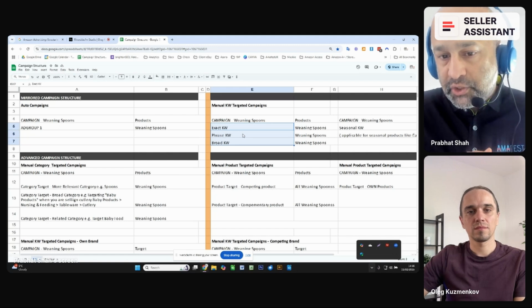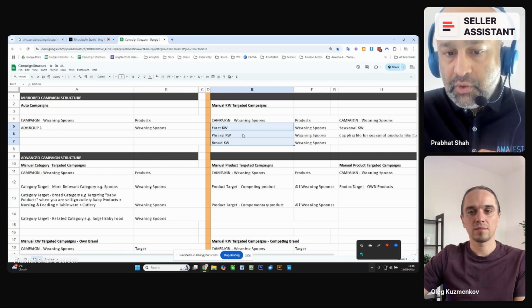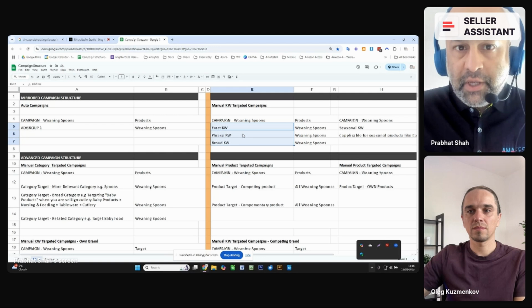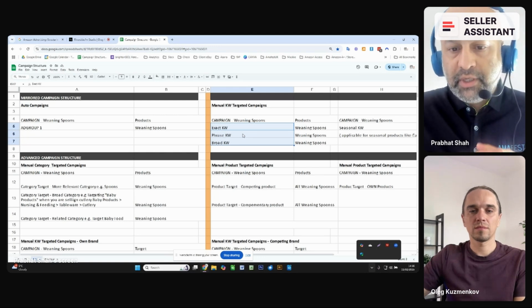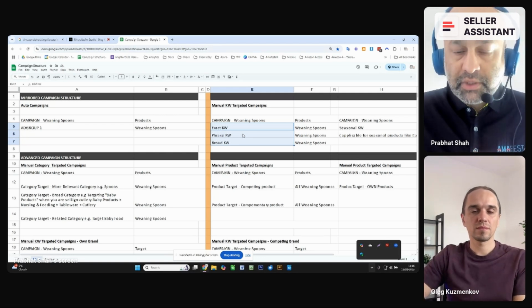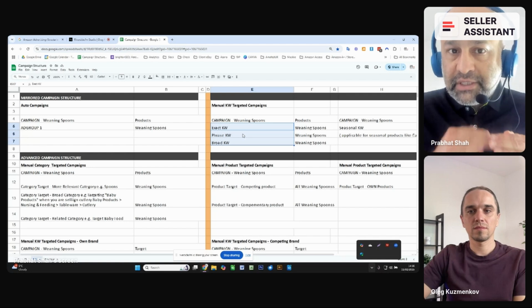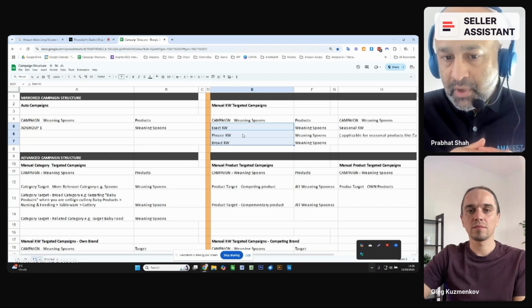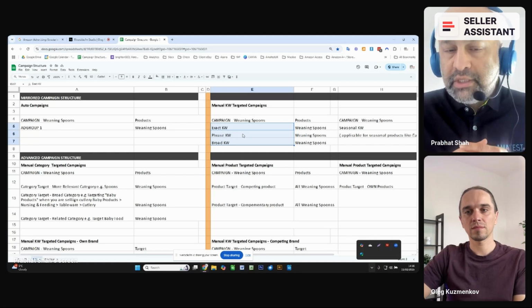So I'm just going back to our structure here. You can create three different types of keyword match types: exact match, phrase match, and broad match. There are different match types, but you can put the same keywords against them. When you do these different groups, we can actually evaluate what kind of keywords work better. And there is a general assumption that exact keywords may be better than phrase or broad, but that's not true.